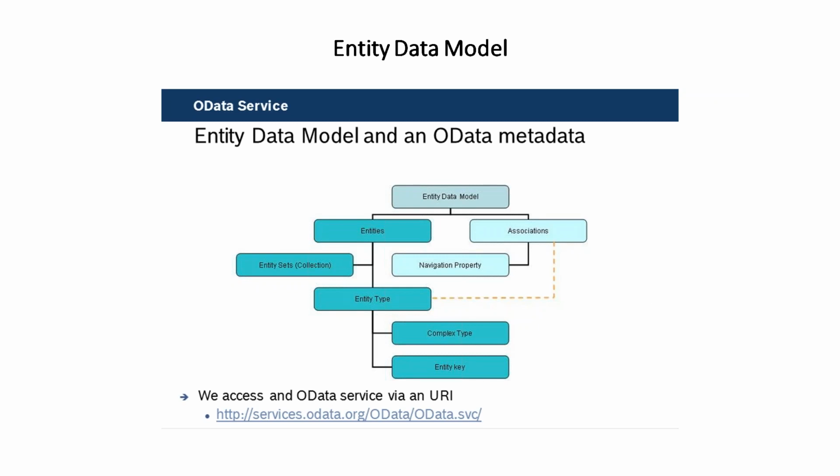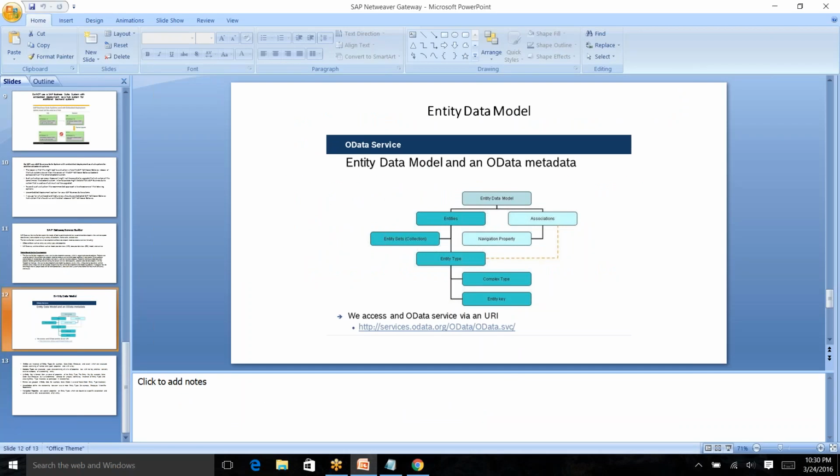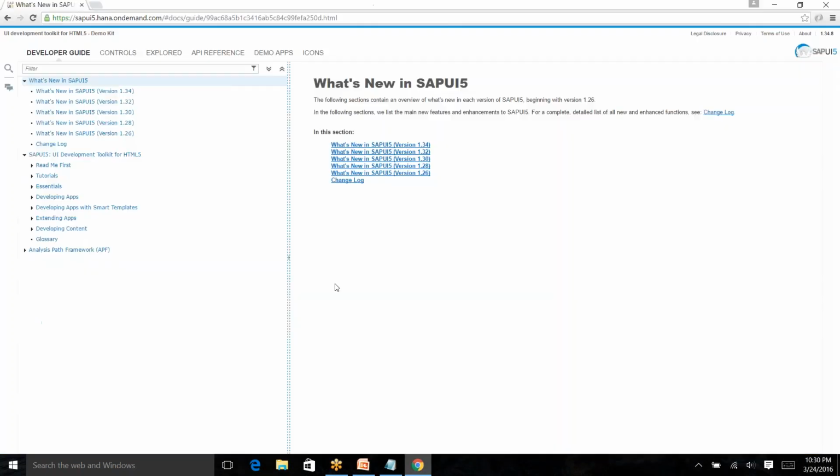This is the data model that we use for OData in SAP. Let's see what all the different components of this entity data model are. In the entity data model, you will have an entity type. Since lots of folks are from an ABAP background, you can compare an entity type with a structure. Let me take an example,